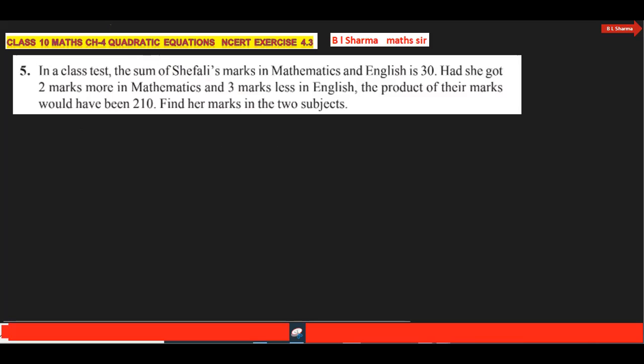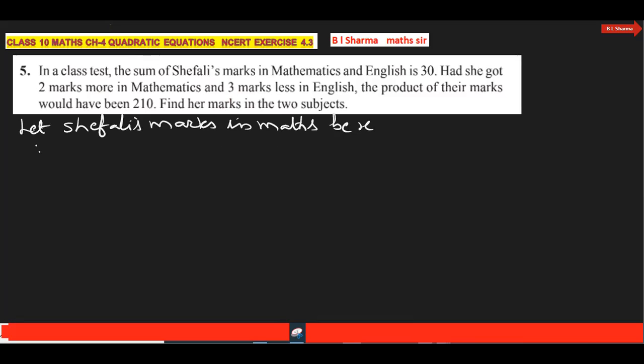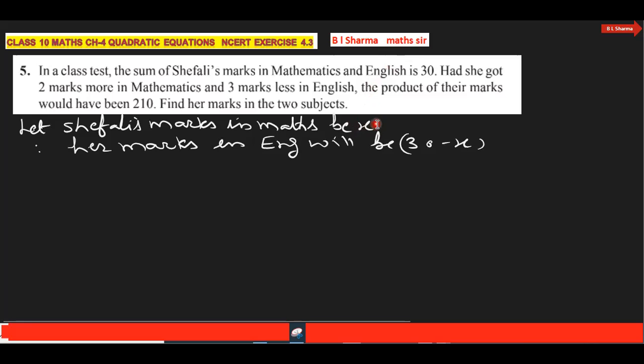So let Cephali's marks in maths be x, therefore her marks in English will be 30 minus x. दोनों का sum 30 है। मैथ्स में x आ चुके हैं तो इंग्लिश में आएंगे 30 माइनस x।